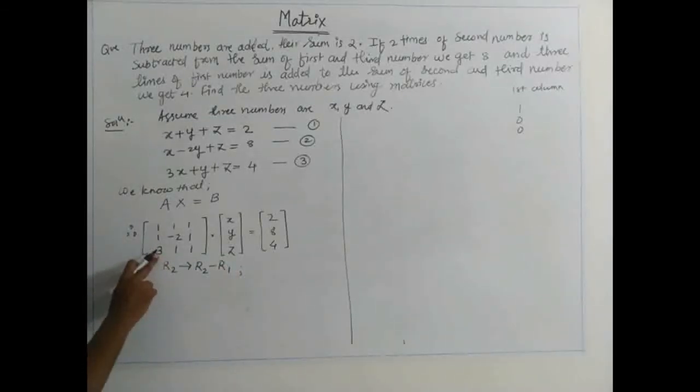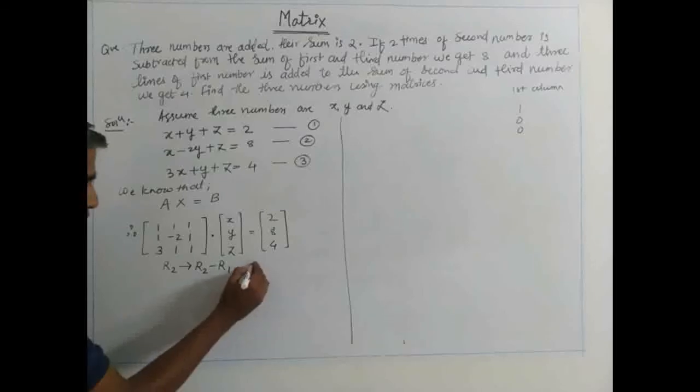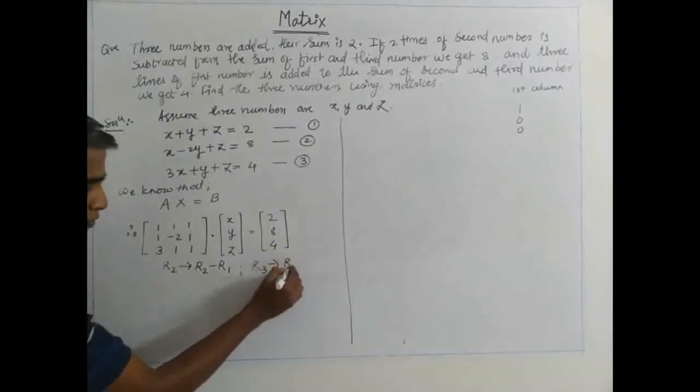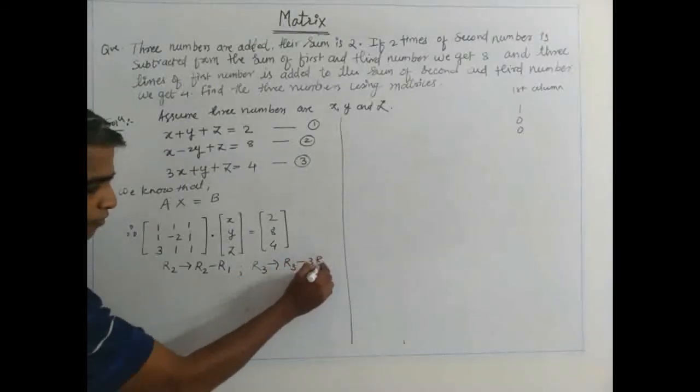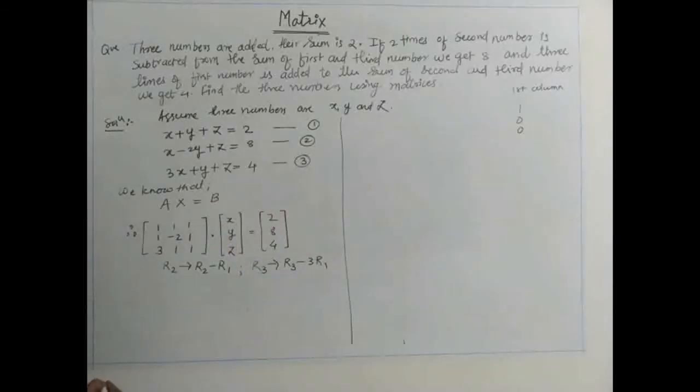Now the 3 will become 0 by using the same 1, because this 1 is fixed. In the first column, the A11 value is always fixed as 1. So we use that same value for converting this 3 into 0. This 3 will become 0 when we multiply this 1 by 3 and subtract it from the 3. Then we will get 0. So the equation is R3 changes to R3 minus 3 times R1. So these are the two operations that help us convert the first column into 1, 0, 0. So let's begin.